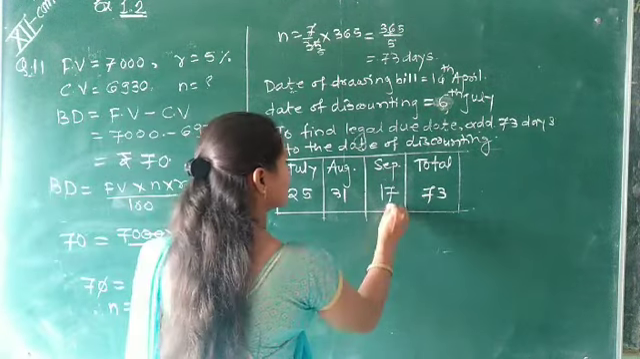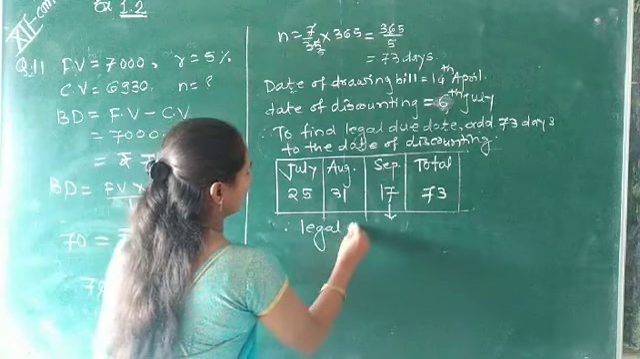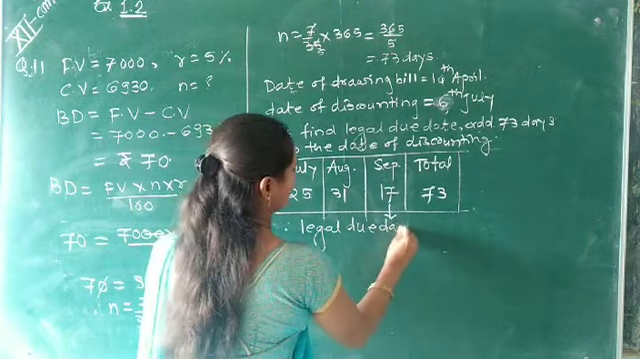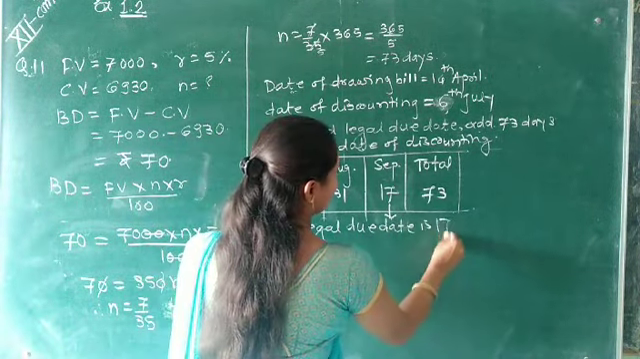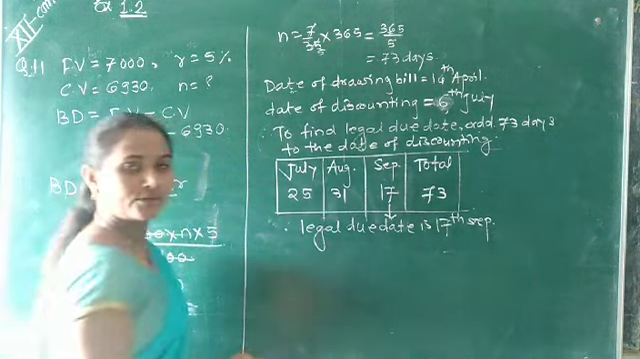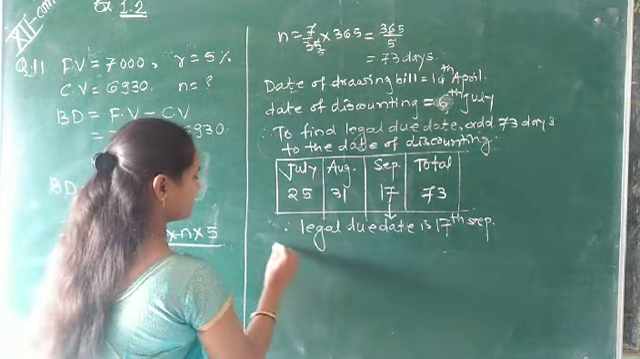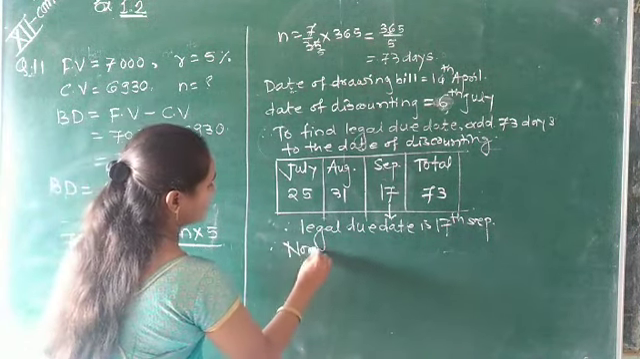Now see, this is our legal due date. Therefore, legal due date is 17th September. Now we get the legal due date. How to find the nominal due date? Minus 3 days from the legal due date. Therefore, nominal due date